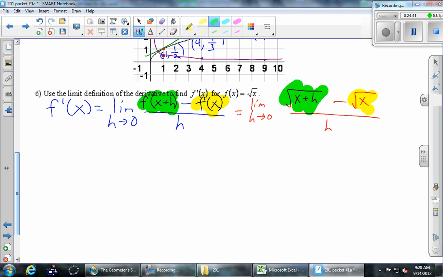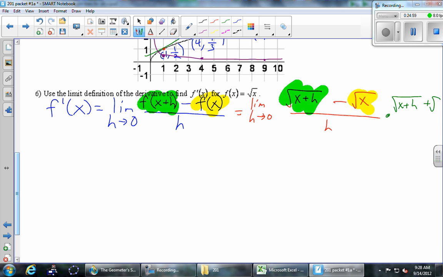We need to multiply by the right thing. Do you guys know what the right thing is? It's the conjugate. It's exactly what's up there, except that subtraction becomes an addition. So we're going to multiply up here by square root of x plus h plus square root of x. Have we done stuff like that before? We may never have done it when the radicals were upstairs. But if the radicals were downstairs, this was the technique to move those radicals. But I can't go around just multiplying the top of a fraction by something without right away balancing the scale and multiplying the bottom by the same thing.